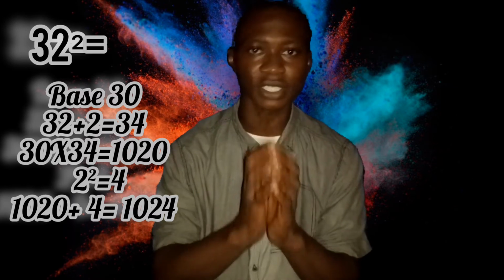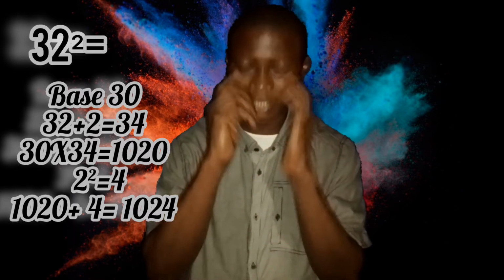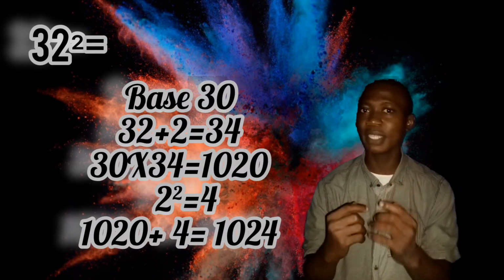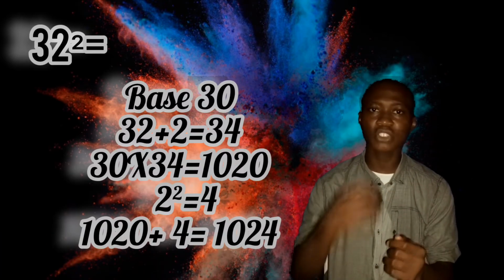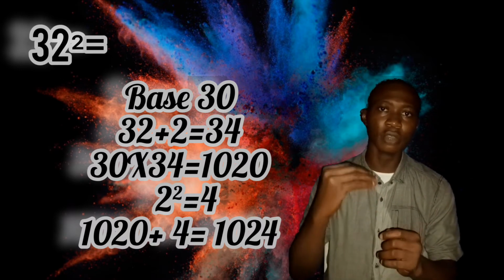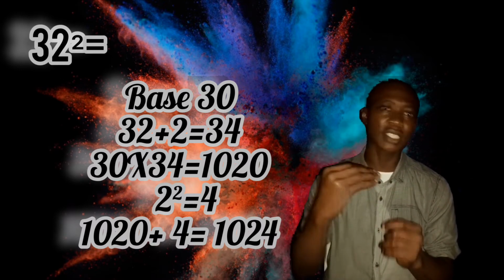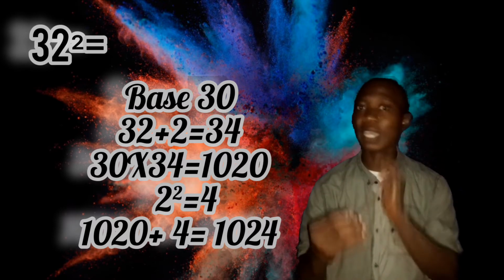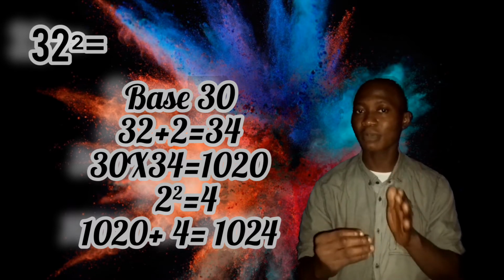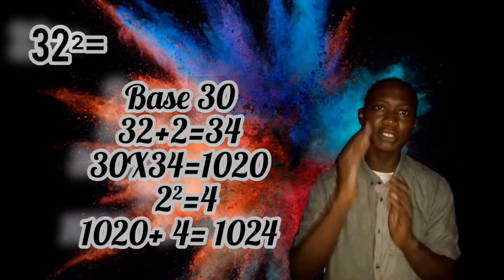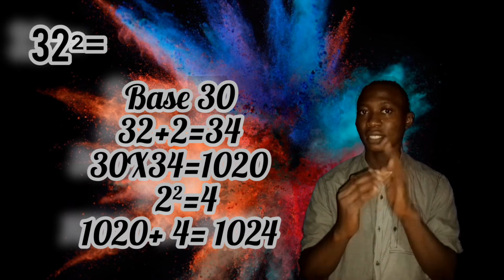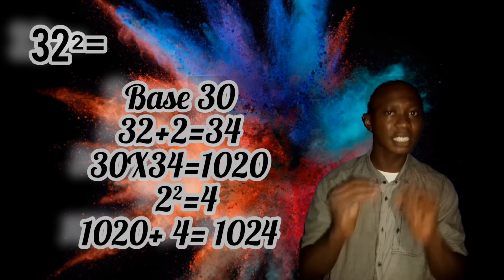Now going to the next number, 32. How do you find the square of 32 without using a calculator, just offhand? To find the square of 32 is as simple as this. First, understand the base. The base is 30. Then add the unit number to the real number. So 32 plus 2 gives you 34. Multiply by the base, so that becomes 34 multiplied by 30. 34 multiplied by 30 gives you